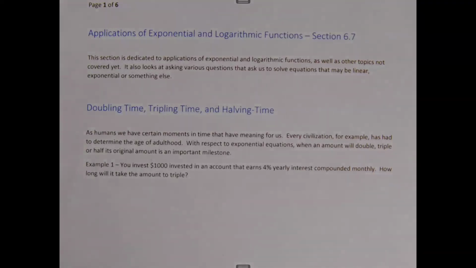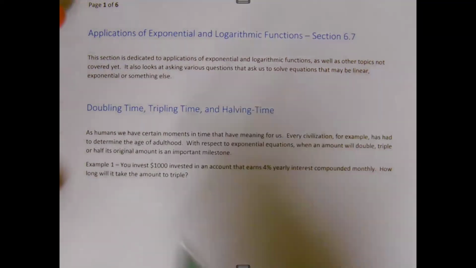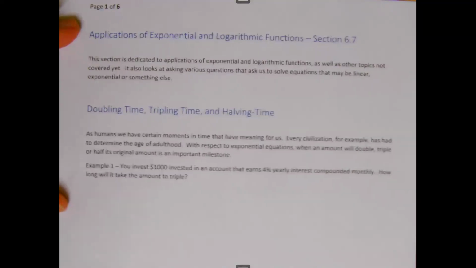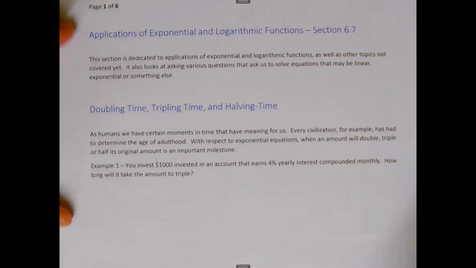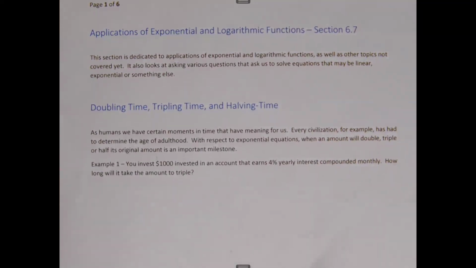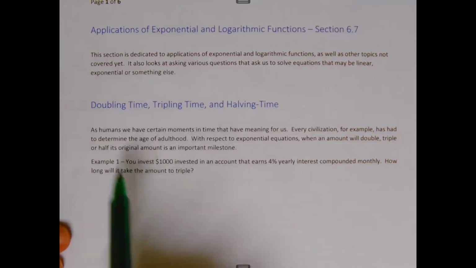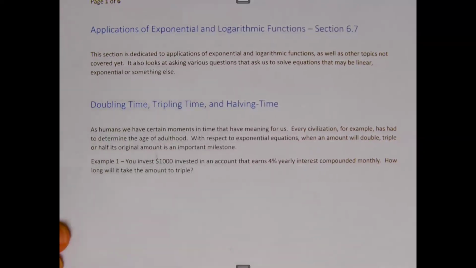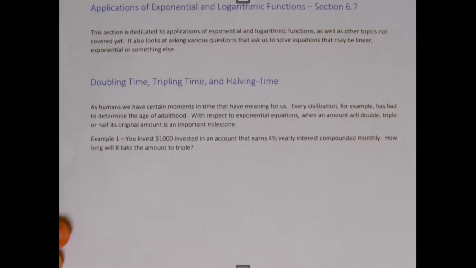All right, we're going to look at some applications of exponential and logarithmic functions. One thing that we'd like to look at is doubling, tripling time, and halving time. Sometimes we like to have these milestones that mark a certain passing. And for exponential and other applications, sometimes the doubling time, tripling time, or halving time has special meaning. So let's look at how we figure these